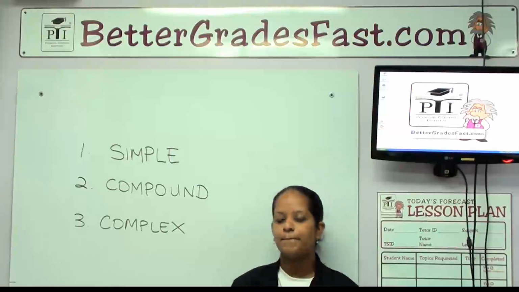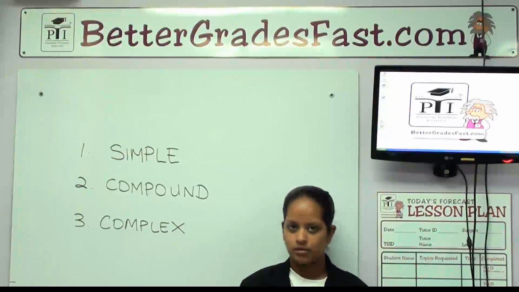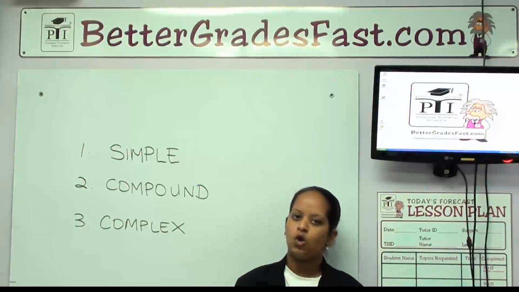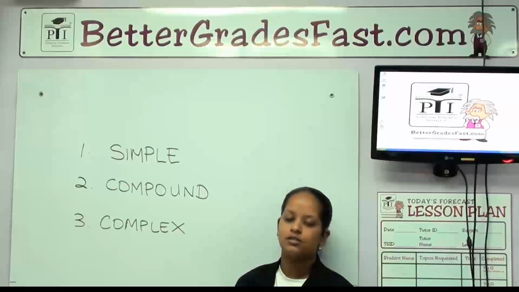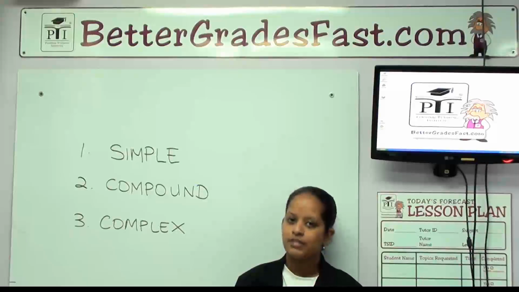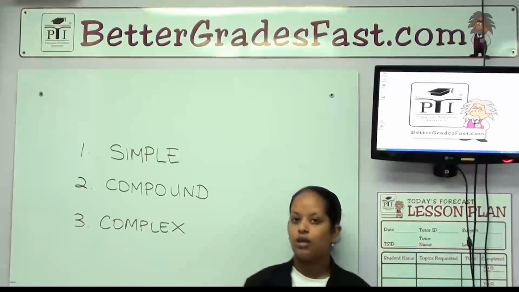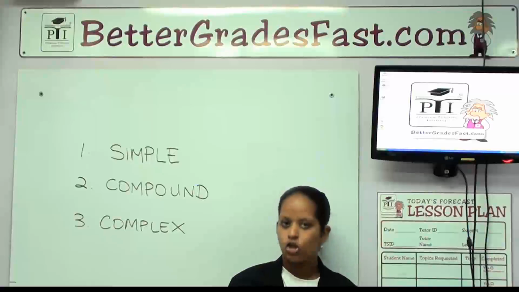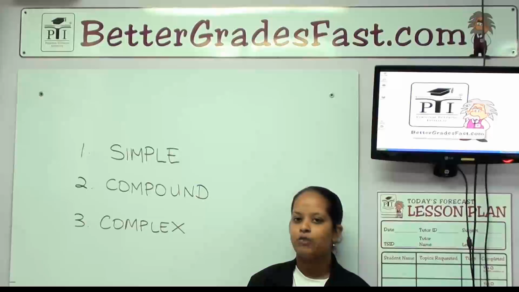Now let's look at compound sentences. Earlier in primary school, you would have learned about compound words, which are two shorter words which come together to make a longer one, such as rainbow: rain and bow. Compound sentences work the same way, but this time with a bit more words. Compound sentences are those that are combined using a coordinating conjunction, meaning compound sentences are two short sentences with a